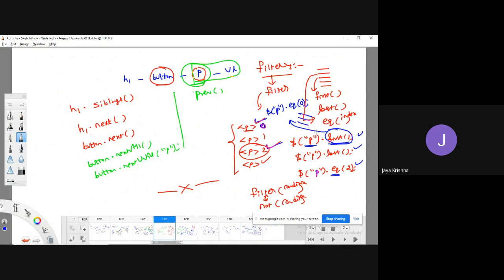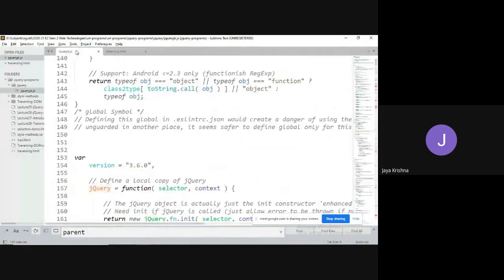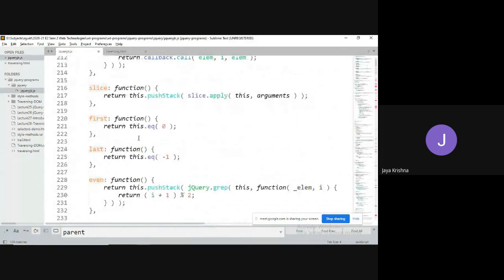So, to simplify our process, they implemented this first method as part of the JavaScript library. If you observe the code, calling the first method is going to return this dot equivalent of 0.